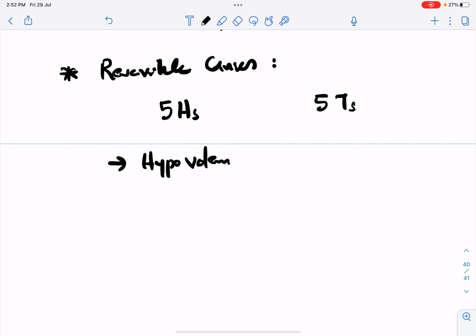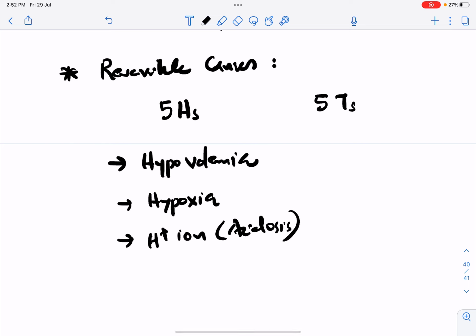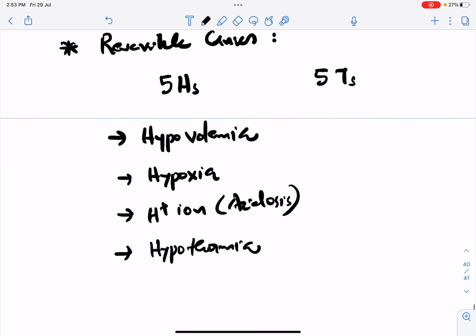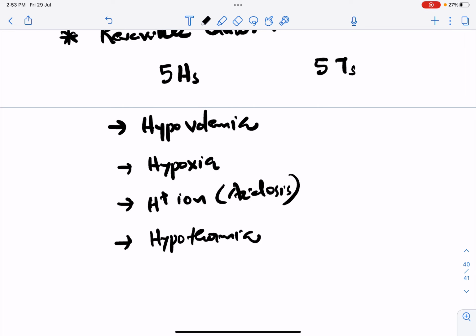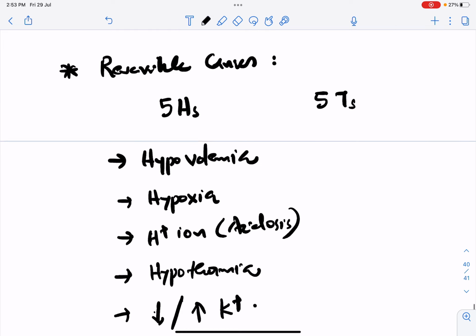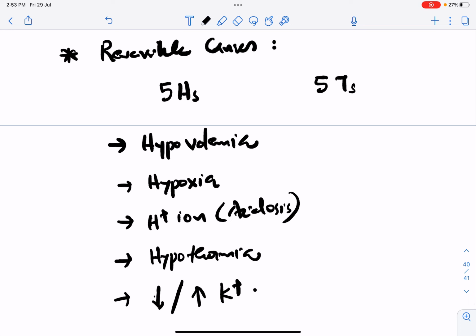hypovolemia, hypoxia, hydrogen ion, that is acidosis, hypothermia, and hypo or hyperkalemia. These are the 5 H's of reversible causes. And the 5 T's are tension pneumothorax,